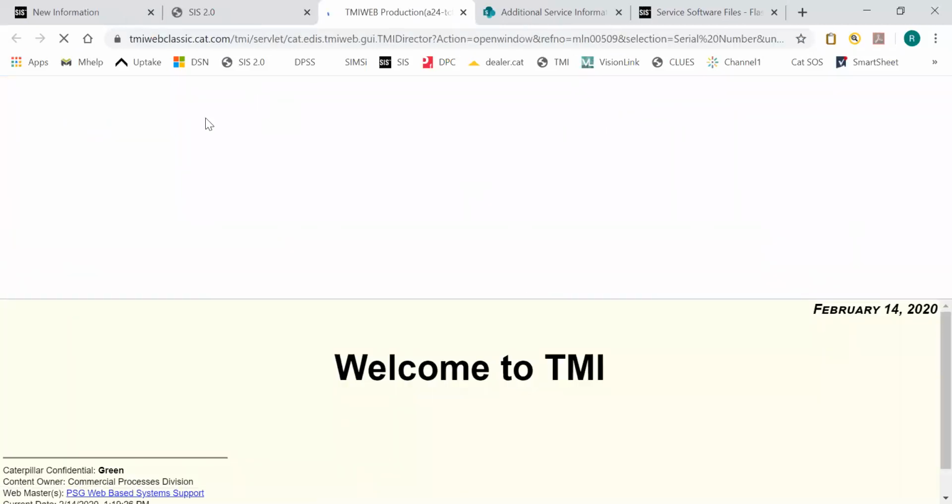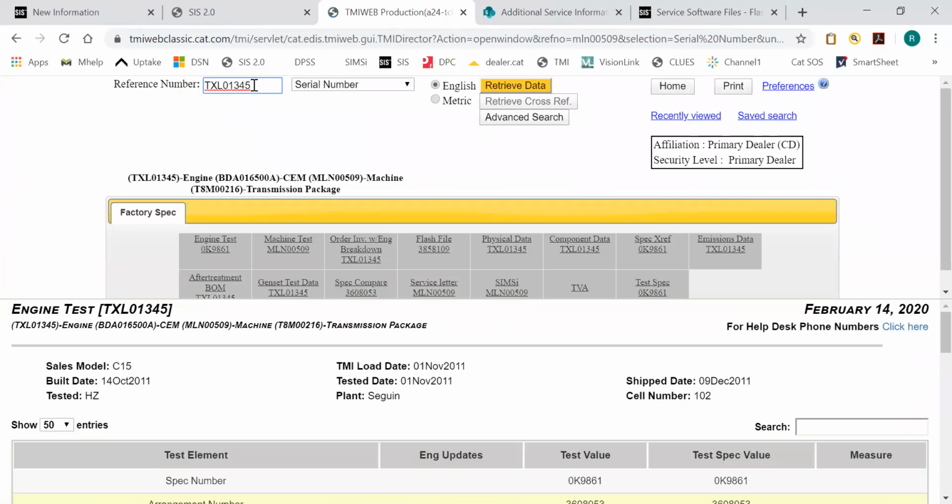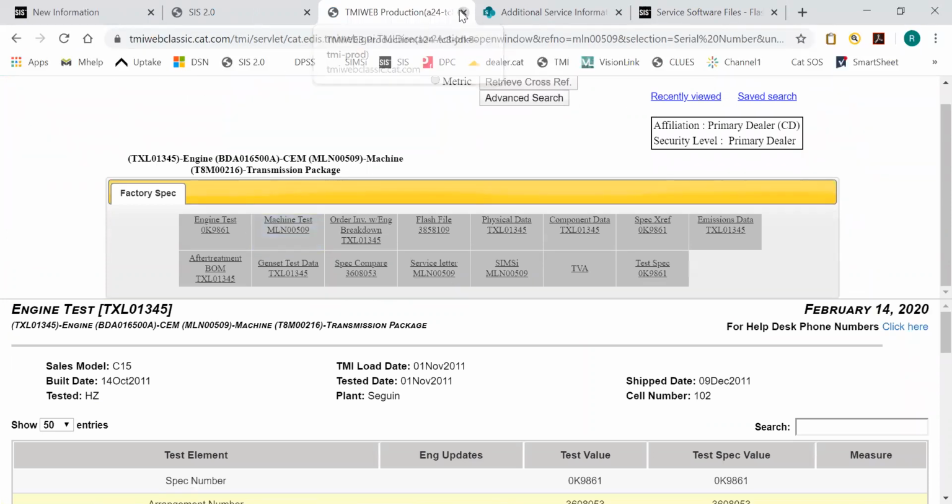So, and then TMI is a lot easier. Yeah, it comes right in and kind of saves you a couple steps. So my engine serial number, as you guys know, just like TMI, if you put the machine in there, you'll get the engine. But so there's TMI,